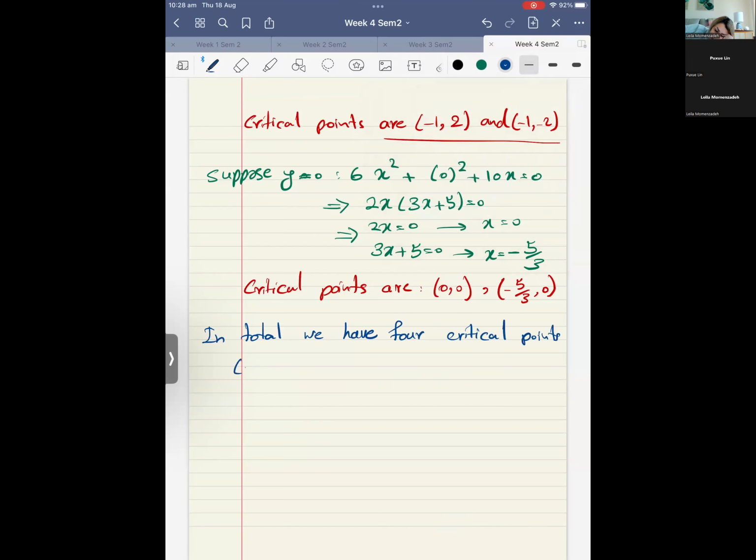That is 0 and 0, minus 5 over 3 and 0, minus 1 and 2, minus 1 and minus 2. Okay, if I plot this equation,